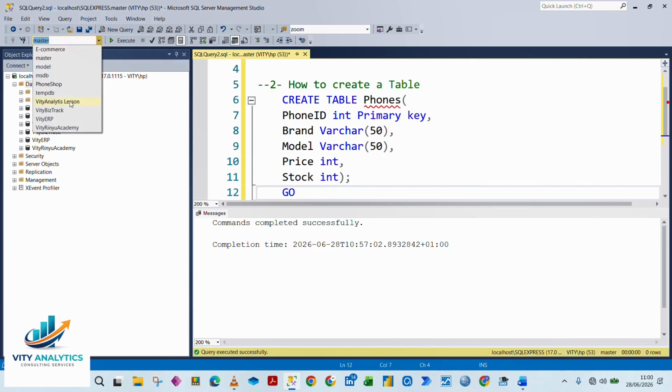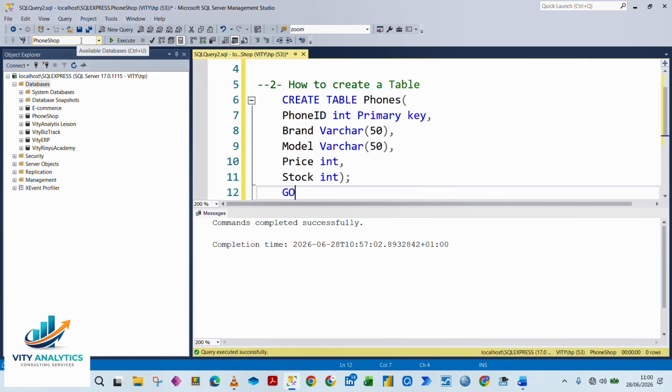So I'm going to switch to PhoneShop, and then properly, if we hit run, as you can see, that underlying red line that was here has gone, because this particular table that we want to create, we are creating it inside this database, but we were using master initially, and that is the reason why this phone was underlined. So if I execute this now,